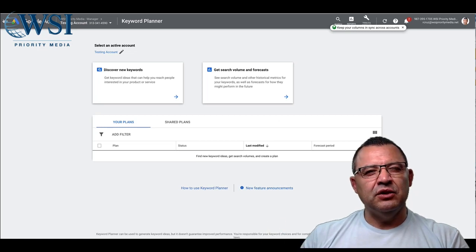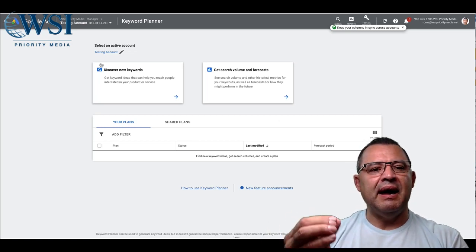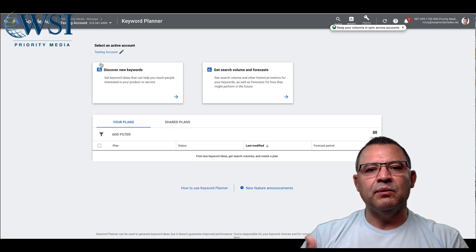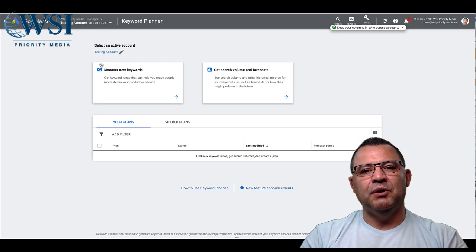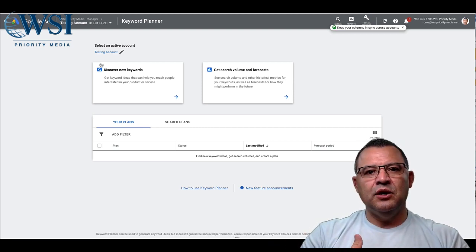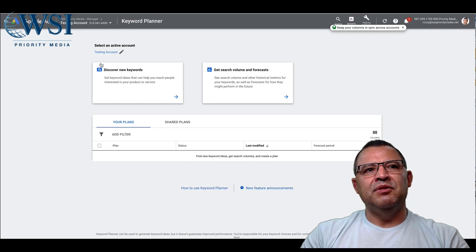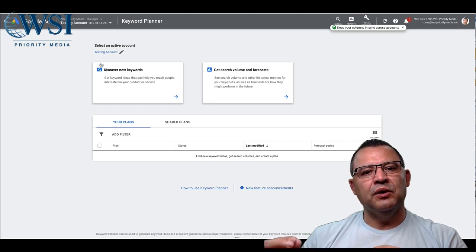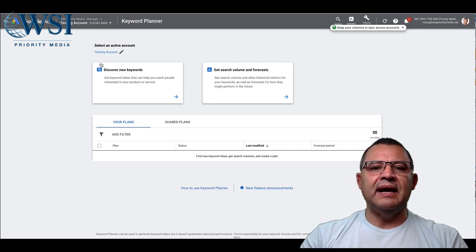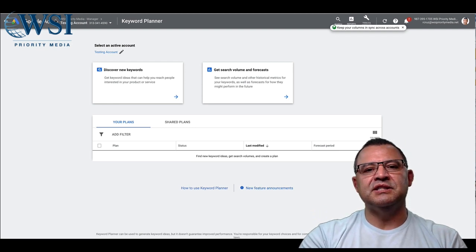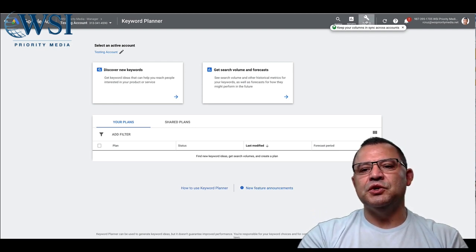I think a lot of people are intimidated by the Google Ads Keyword Planner, but there really is no reason not to use it. It is phenomenal once you become really comfortable with it. If I'm doing, for example, SEO keyword research, one of my favorites is Mango. I like that a lot. It's a very good keyword research tool, and it gives me some data for SEO that comes in really handy. Longtail Pro is also a really good keyword research tool, but for Google Ads, there's nothing better than just using this system right here. So I'm going to show you in this tutorial how to use it.